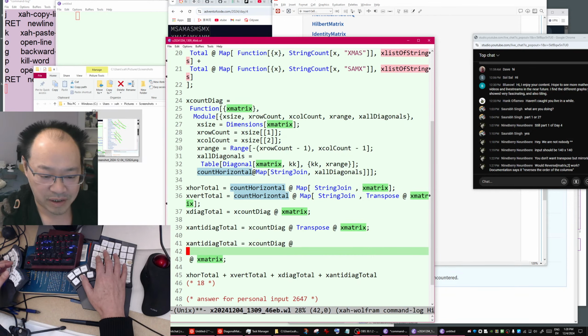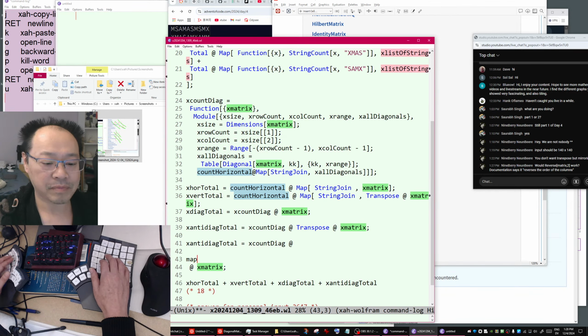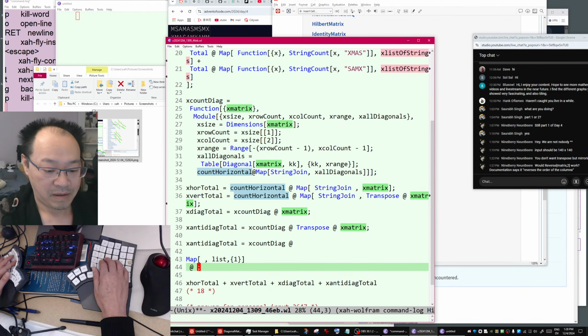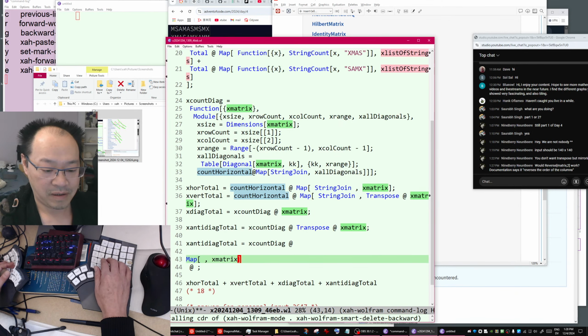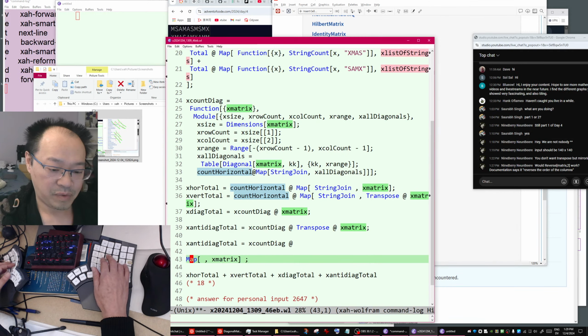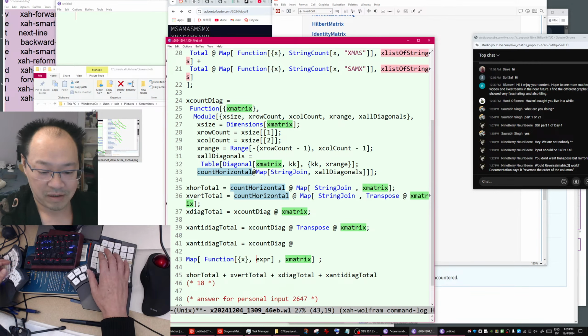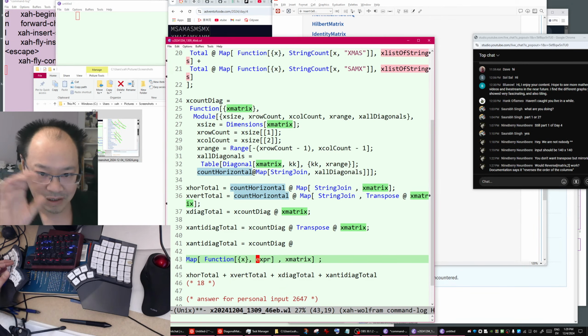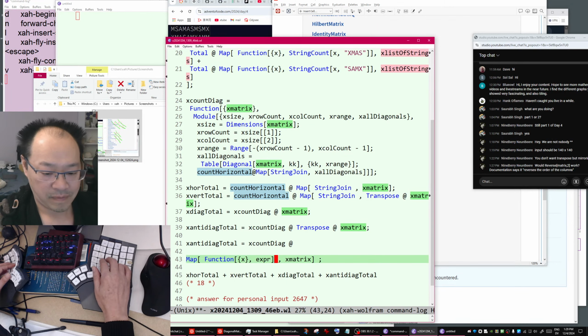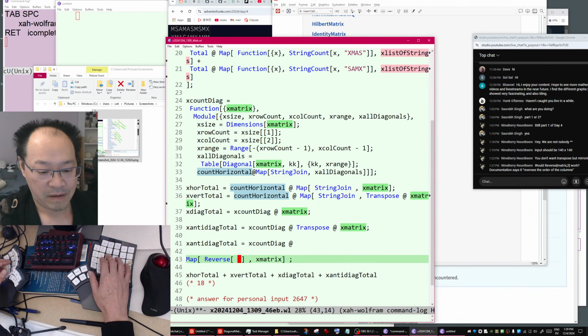So instead of transpose, we just map a function. What is that function going to be? The function just reverses. Okay, reverse. Let's say 1, 2, 3.